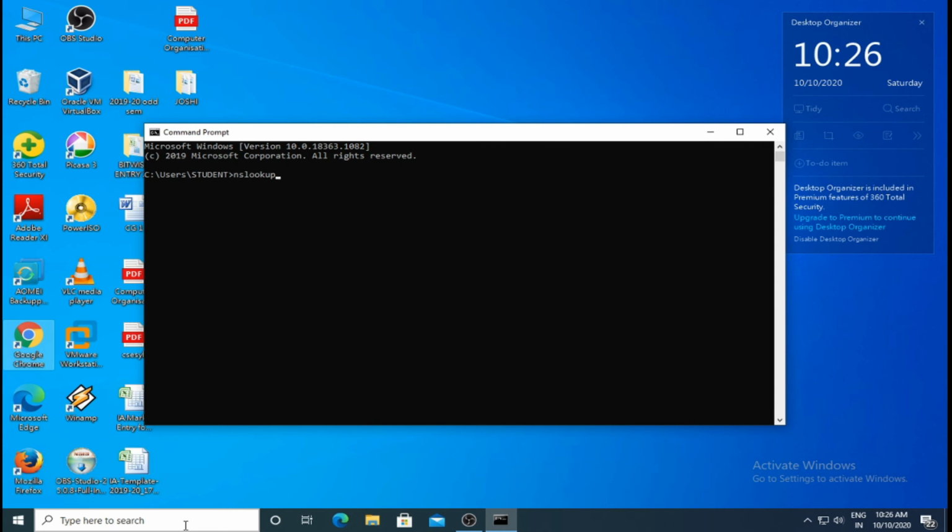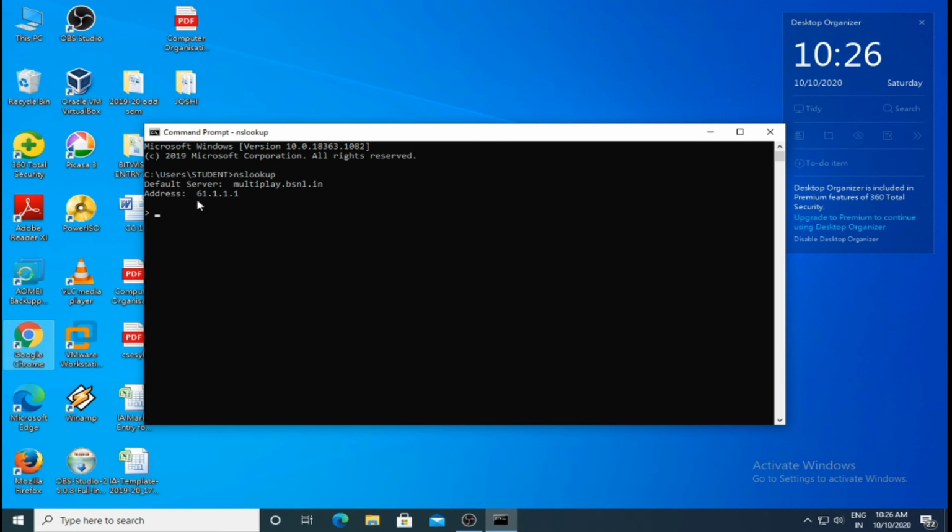After executing this command, I get the reply that the default server is multiply.bsnl.in and the IP address of this DNS server is 61.1.1.1. So this is my default DNS server.